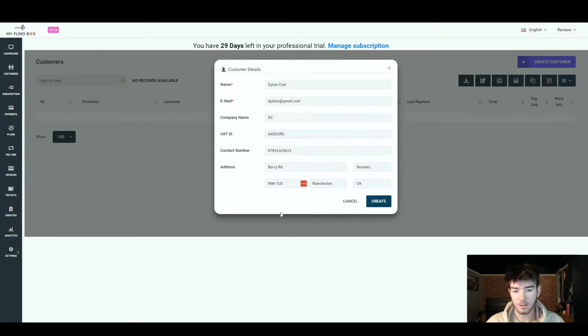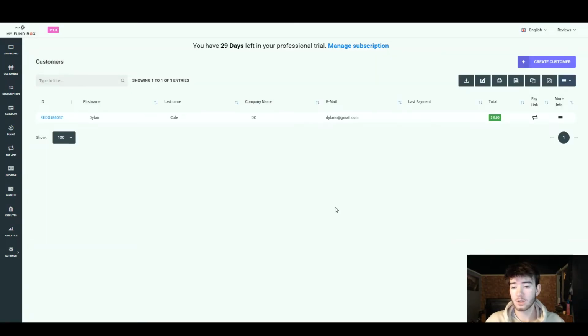This is all just random. It probably wouldn't actually go to anyone. So once you've done that, you can go ahead and just click create in the bottom right corner right here. Once you've done that and actually created your customer, you can see that it has appeared right here in the